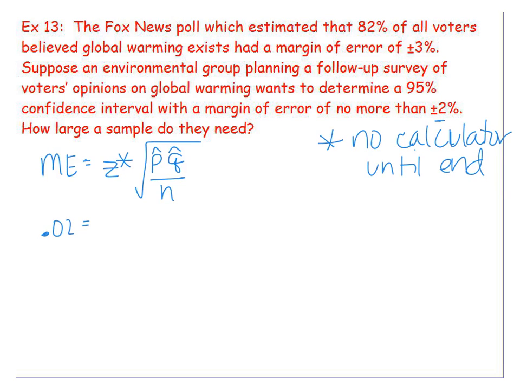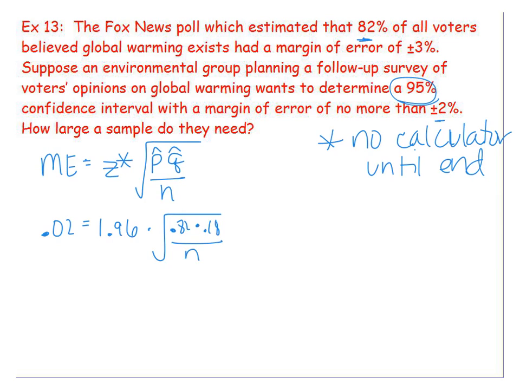Z star comes from your confidence level of 95%. And if you remember, Z star was 1.96. And then times, so we got the square root. Now P hat is 82%, so 0.82, times Q hat is the leftovers, which is 0.18, divided by N, which